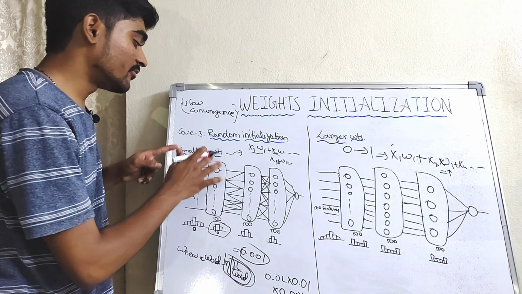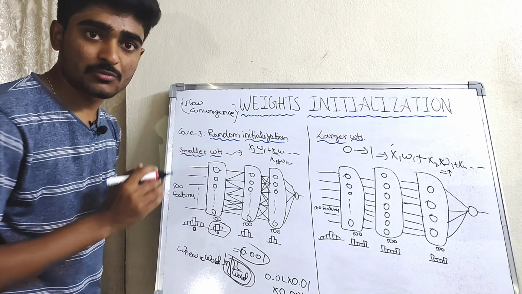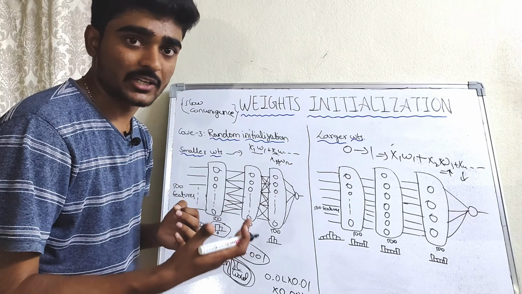In the earlier case my weights were smaller, so the weighted sum was smaller, but in this case the weighted sum may be entirely larger, or it may be entirely smaller. Now when I pass this weighted sum value through relu or sigmoid or tanh activation functions,